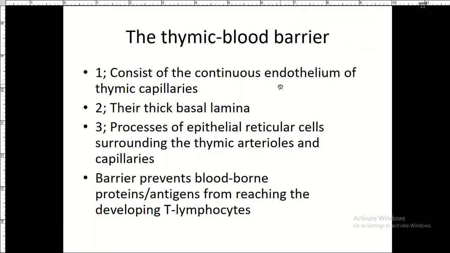Now let's end by talking about the thymic blood barrier. So the thymic blood barrier consists of continuous endothelium of the thymic capillaries. Whenever there's a barrier, you have to think of continuous basal lamina, right? With the endothelium joined by tight junctions. And also